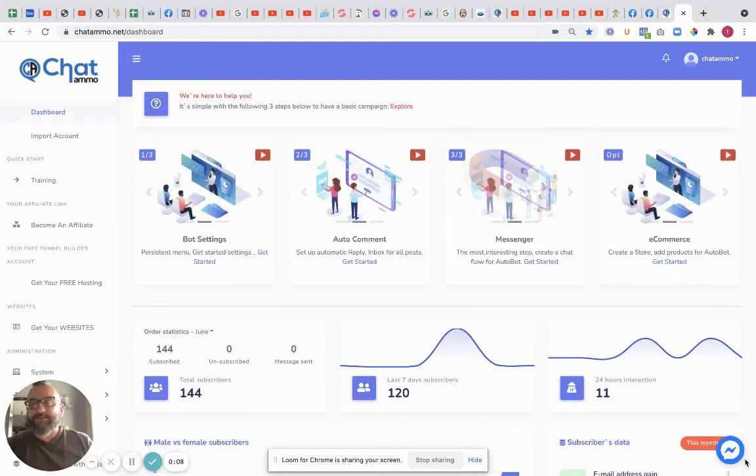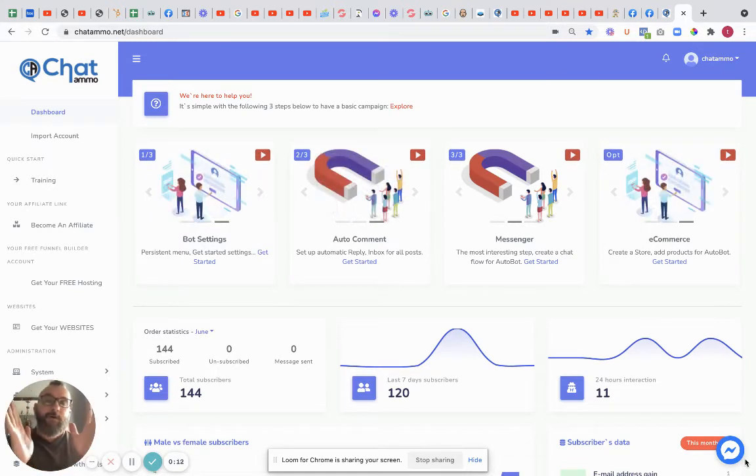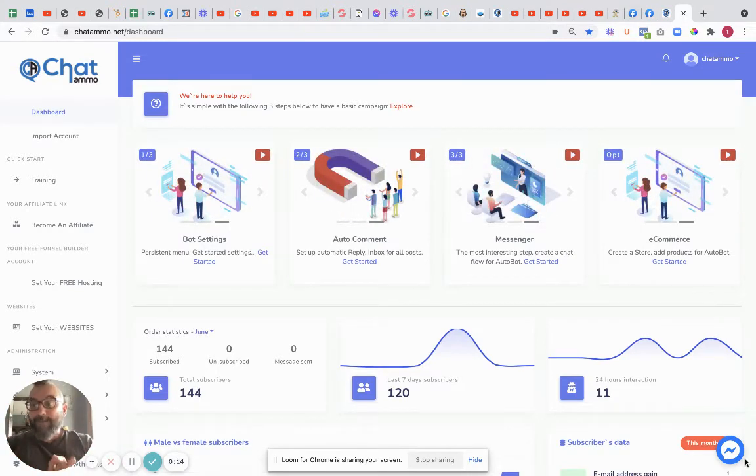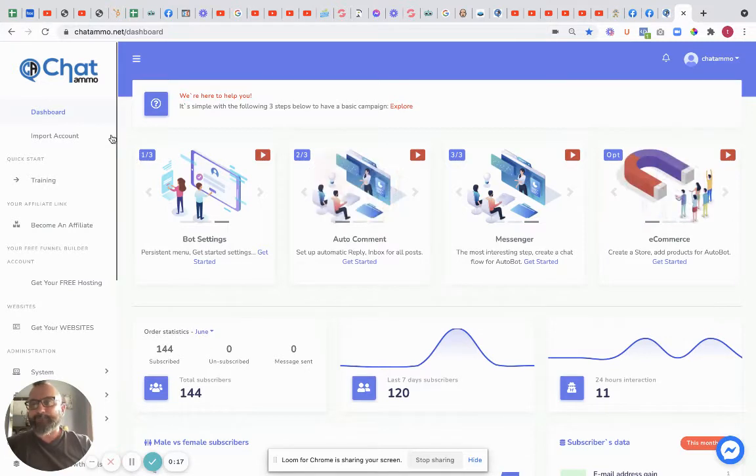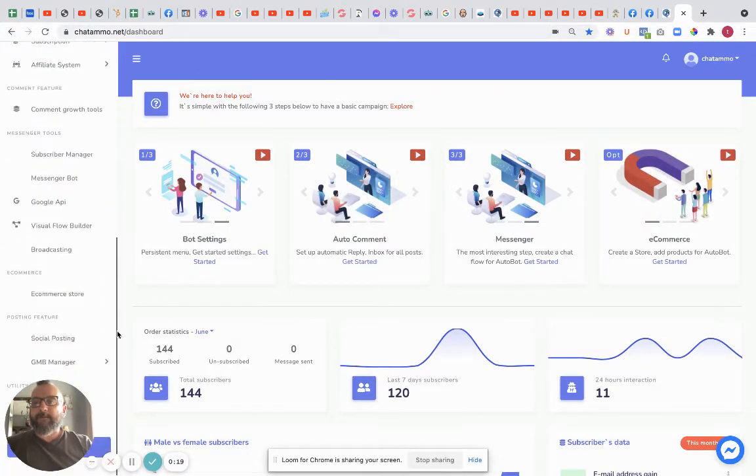A couple of new features have just come in. Sorry, my phone's going off as well. What I would like to talk to you about is one of the main features that we've just added. Before, we had the e-commerce site,